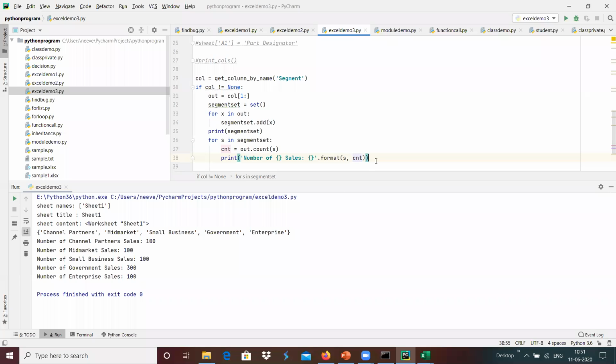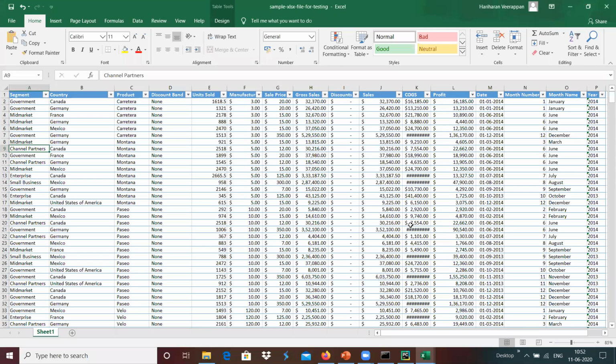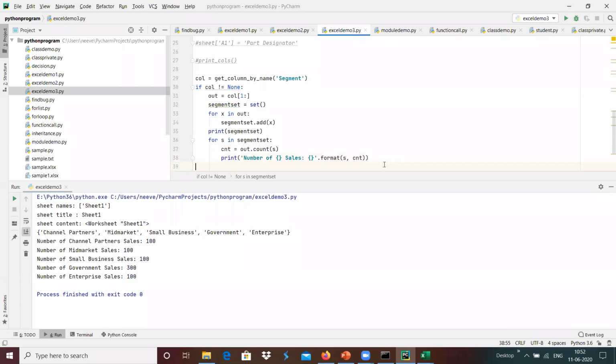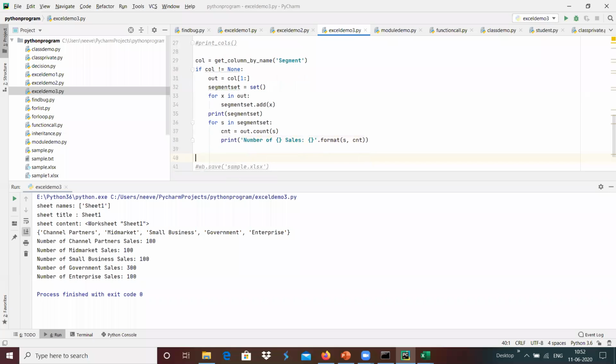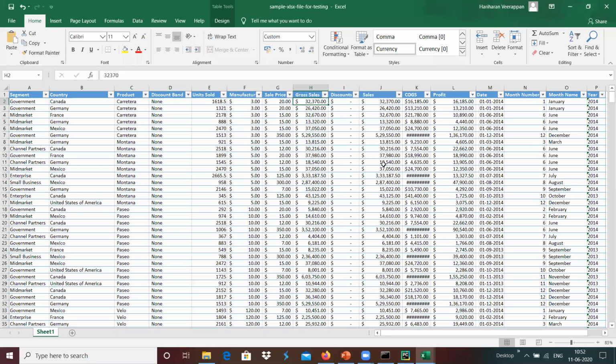Here we can do something similar. Suppose we wanted to calculate the gross sales, what the minimum value of sale is and what the maximum value of the sale is that we wanted to process. We will see how we can do that. Maybe I'm going to get that information with sales equals gross sales.